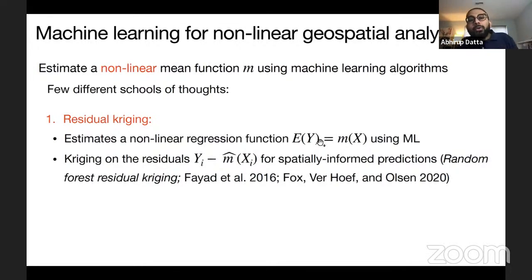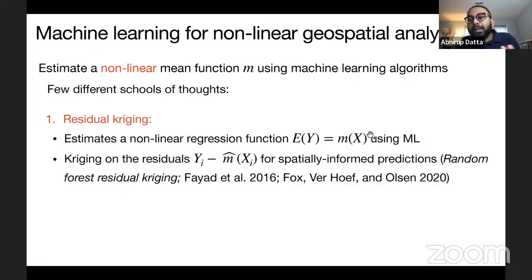So how do you use these machine learning methods for geospatial data? There have been a few different types of approaches here. The first method is called residual kriging. The idea is very simple: first you ignore that there is spatial dependence in the data, and ignoring the dependence, you estimate a nonlinear regression function using your favorite machine learning algorithm.